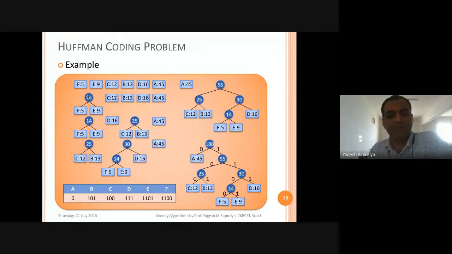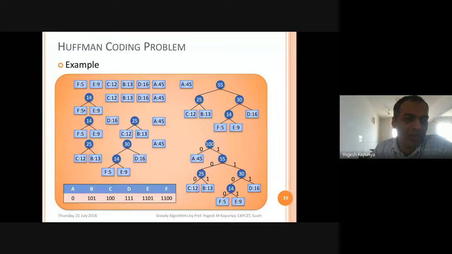This is an intermediate node, and let's say the total frequency of this node is T1. The total frequency of this node is 5 plus 9, that is 14.